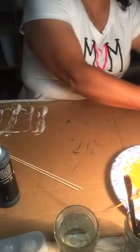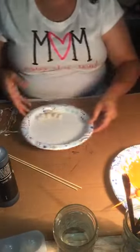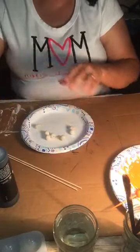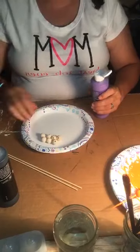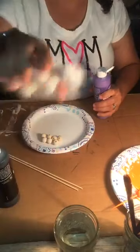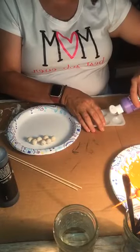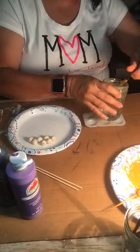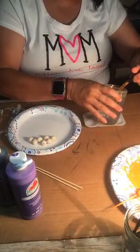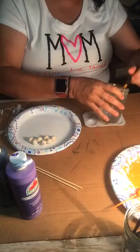I'm going to go to the next color. I already got them out on the plate. There's 7 beads. I'm doing 7 of each color. So I'm wondering if I put a little water with the paint, if that would make it a little more easy for the beads to go in there. So let's put a little purple in here. I'm going to take a little bit of water and just drip a little bit of water in it. Not a whole lot, just enough to...